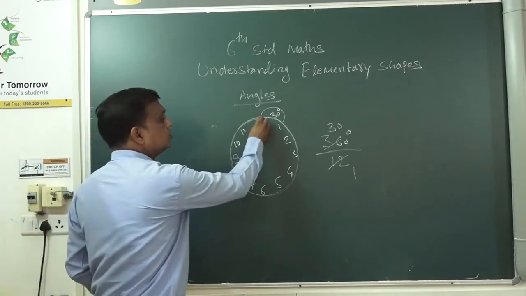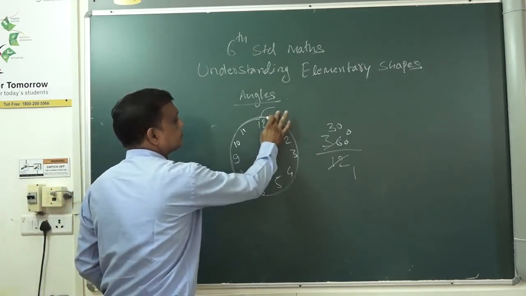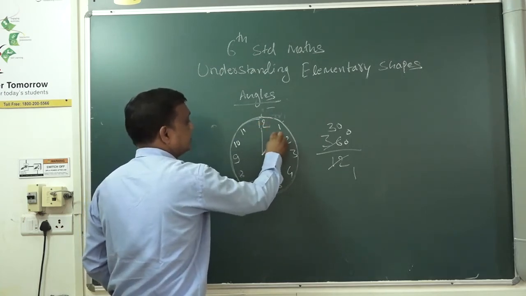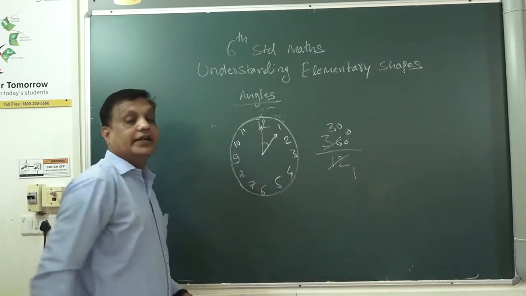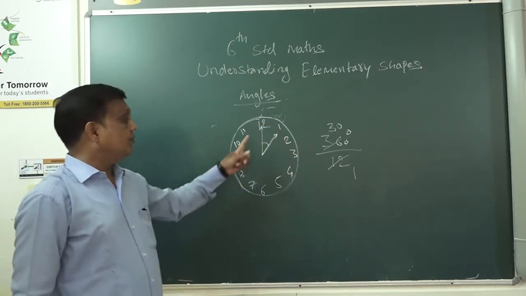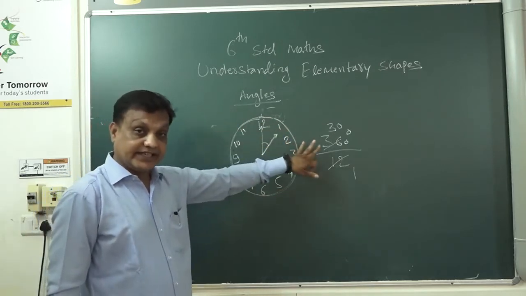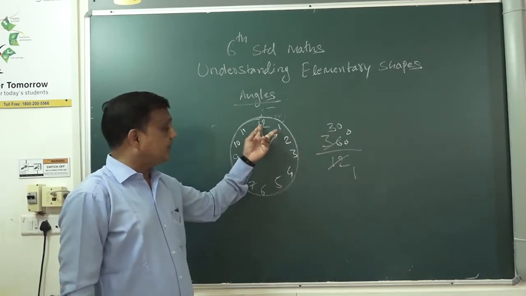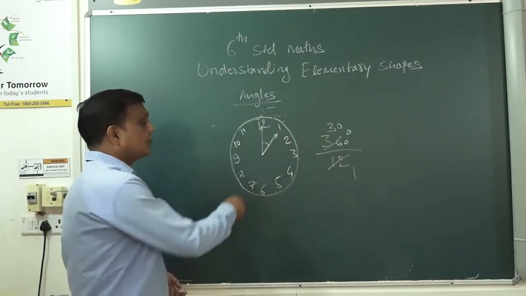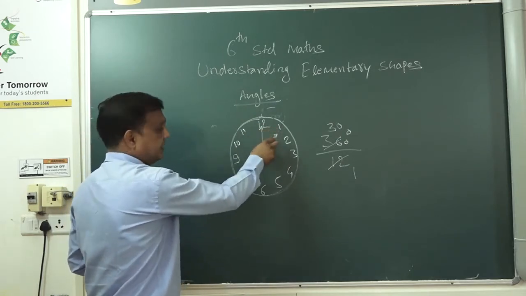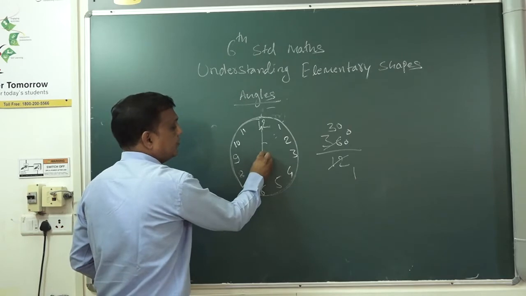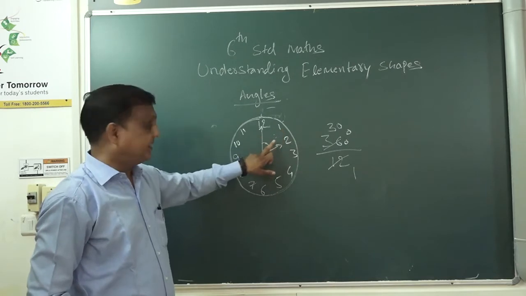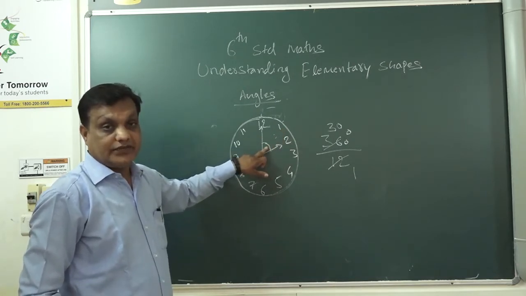If you cross 12 to 1, one hand is on 12 and one hand is on 1. How many degrees are here? 30 degrees. How do you get 30 degree? This is a full circle, that is 360 degree. In this, 12 numbers are there, 360 divided by 12, so 30 degree. Each between two numbers is 30 degrees. If you cross 12 to 2, it means you cross how many degrees? 60 degree, 30 plus 30. Now which angle is it? Acute angle.